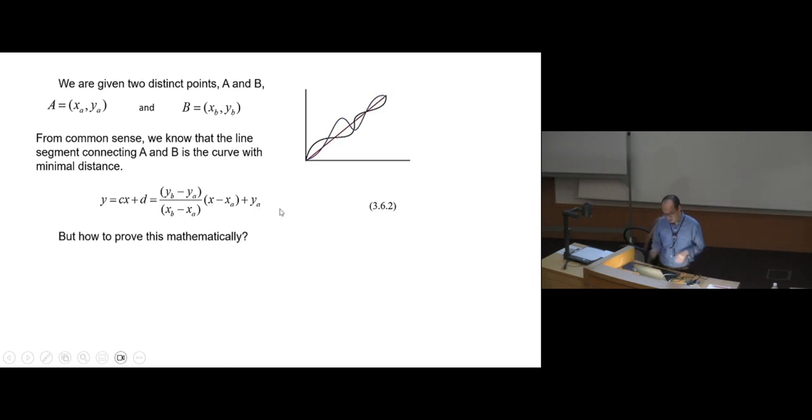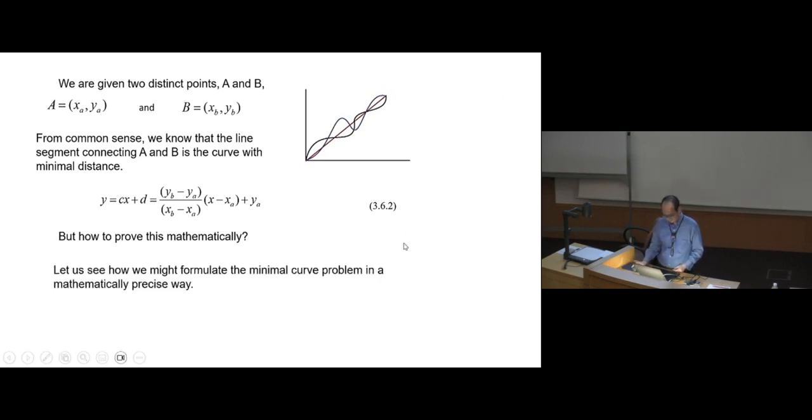But with the knowledge you have now, today we'll just show you that we can use the calculus of variations. We are going to solve this problem. We're going to prove it. Mathematically, we want to prove that the line connecting those 2 points indeed gives you the shortest distance. But first, we have to formulate this problem as an optimization problem.